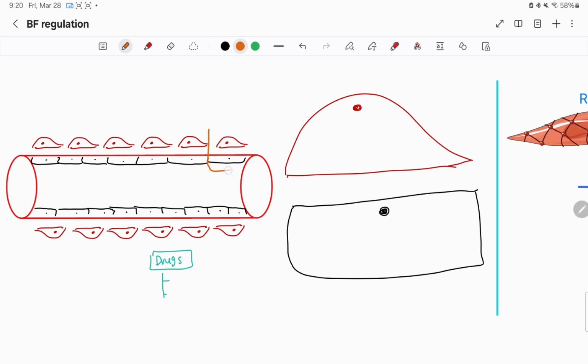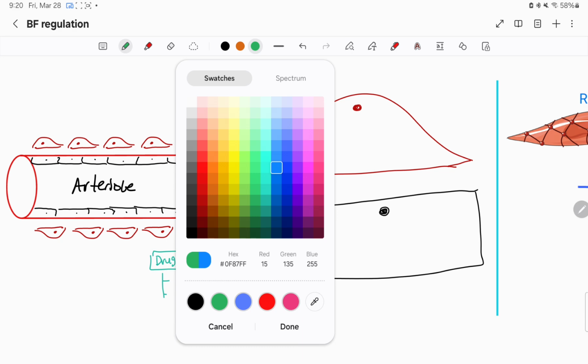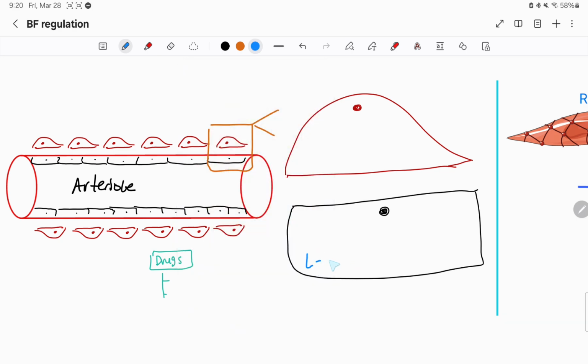I'm going to zoom in on the interaction between these two cells here in this arteriole. Okay, so these guys here are the endothelial cells, and the cells that are above them are the smooth muscle cells, just like we talked about in the beginning of the video. Now, what ends up happening is, due to certain stimuli, these endothelial cells in black, they're going to take a specific amino acid that they have placed inside of them called L-arginine, and using a special enzyme called endothelial nitric oxide synthase, they are going to turn this L-arginine into nitric